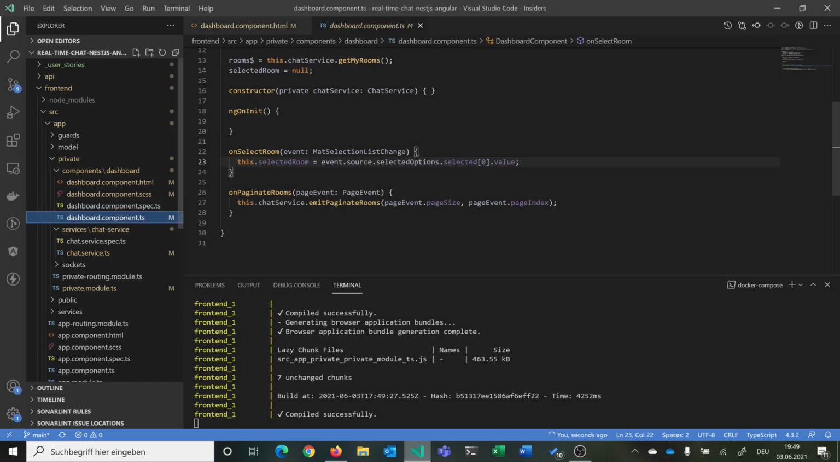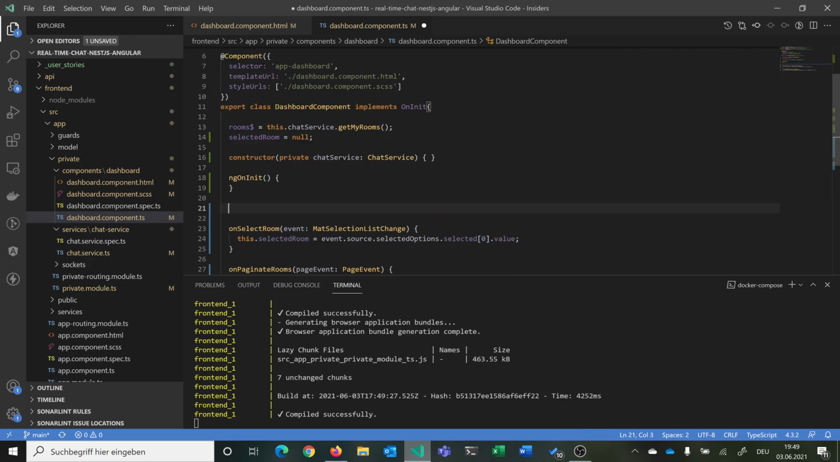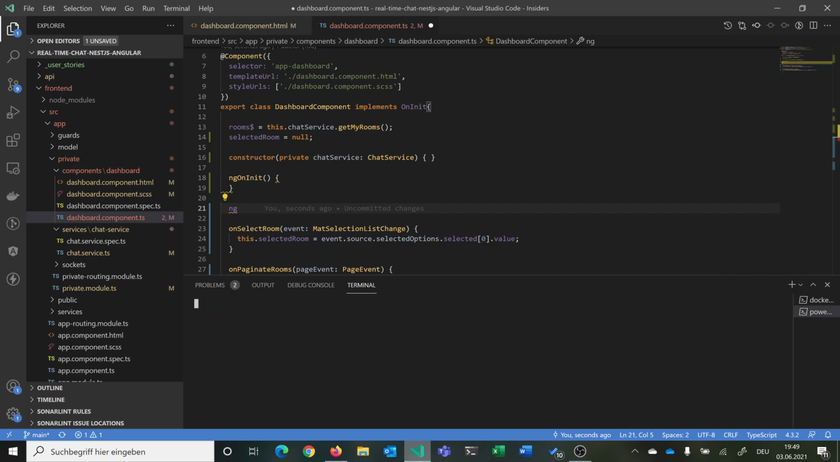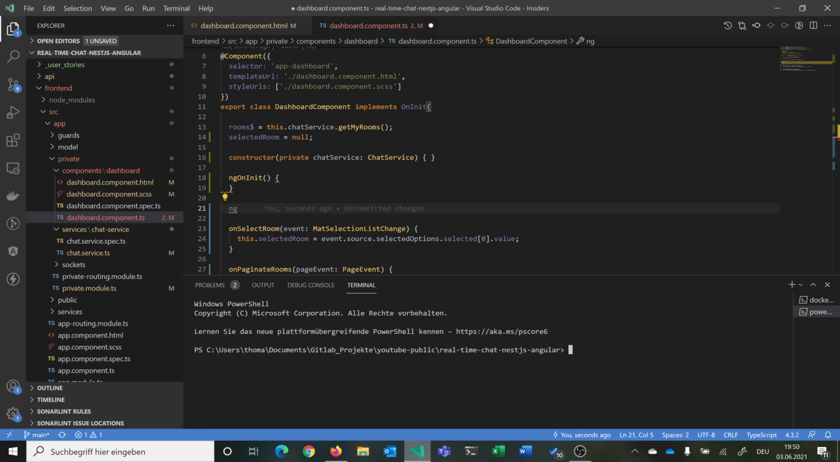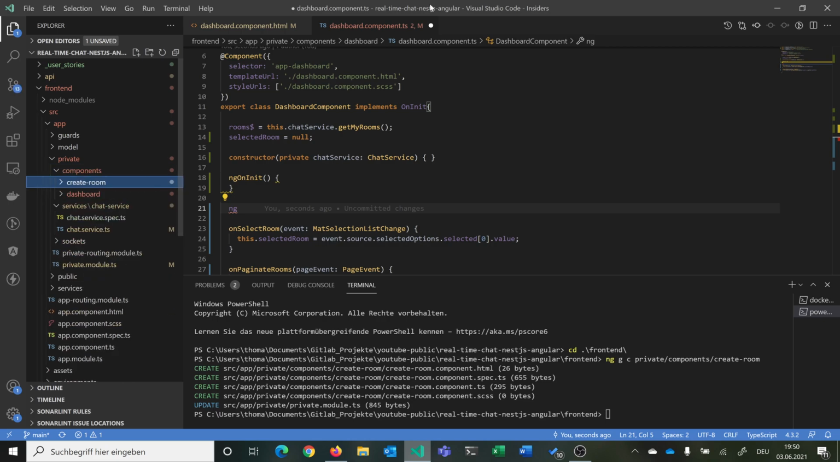And we can also set here a bit. So at the moment we have it just that we load the rooms. But if we paginate, or if we call, for example, let's go and make the create component for the room. So we can here cd into our frontend and say ng generate component, and then we say private. Then we are in components, and we want to name this create-room component. So we say create-room, and then we will have a new create room component,